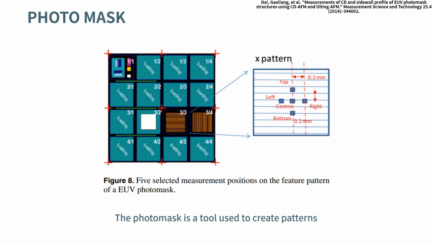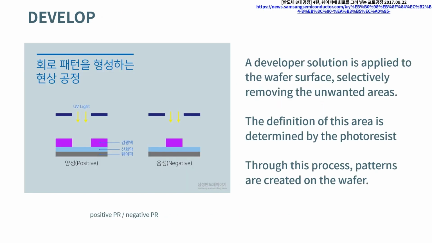A photomask is a device containing a circuit pattern used in the lithography process to define and shape patterns on semiconductors. Next is the development process. It is similar to the process of developing a photograph and is crucial as it shapes the pattern. Developer solution is applied to the wafer, selectively removing either the exposed or unexposed area. Depending on the material used for the photoresist layer, it is important to note that there is typically a trade-off between processing speed and defect rate in this step.